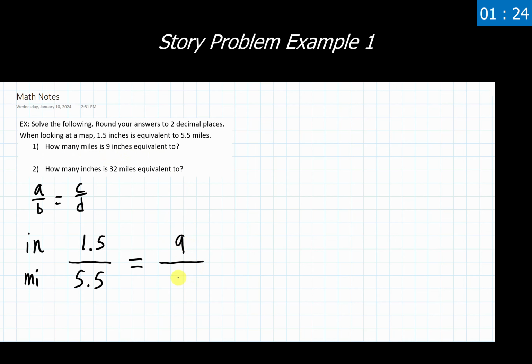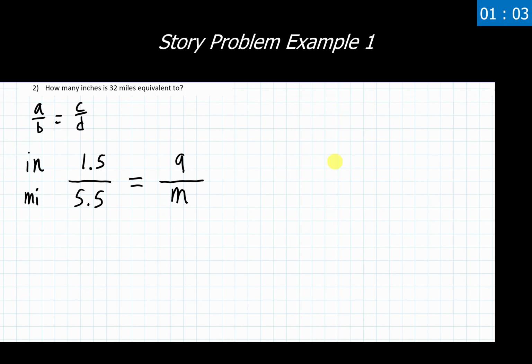Well, I don't know the number of miles, so I could write this in as x, or m, or a, or b, or any variable that I choose. I'm going to go ahead and use m for miles, only because that's a little bit easier for me to keep track of. I'm tracking miles, I'm trying to find miles, so I'm going to use m for miles. After this setup, I have a fraction equals a fraction, and I can just use cross multiplication to get to my final answer.